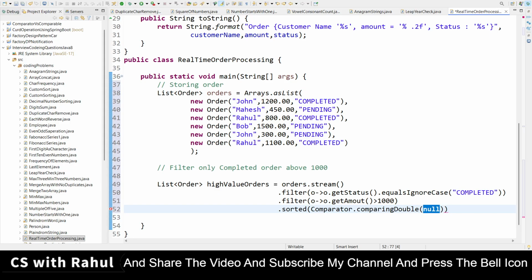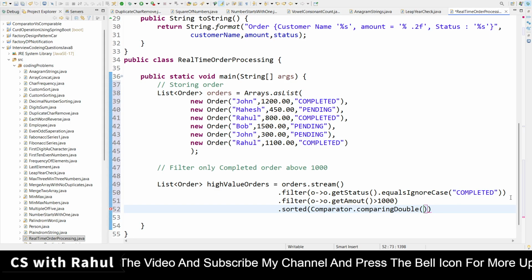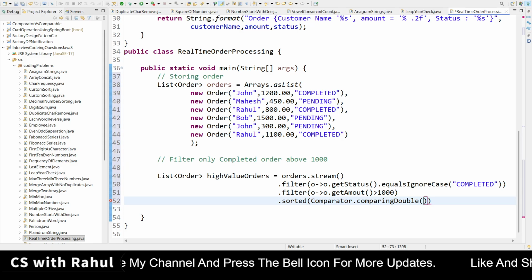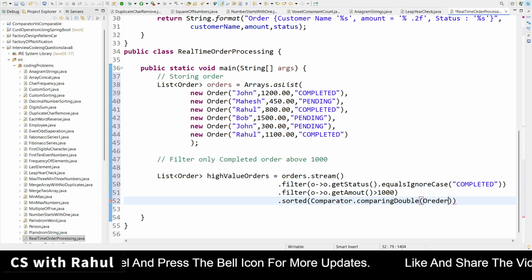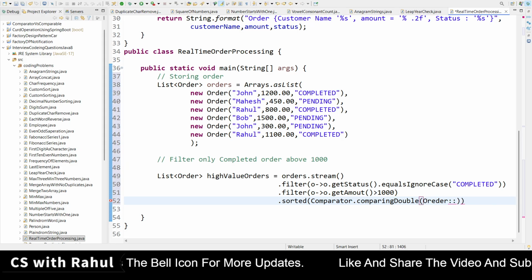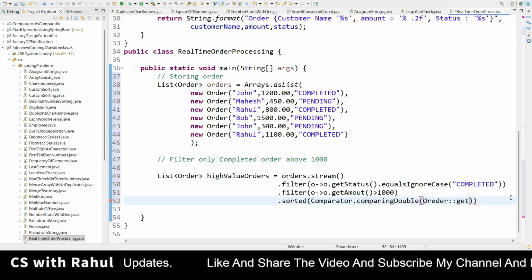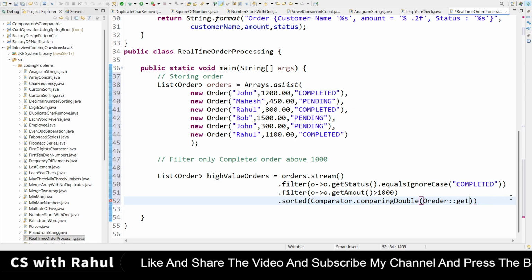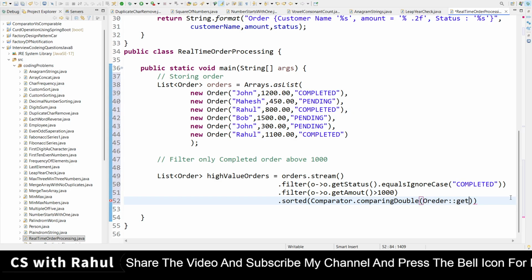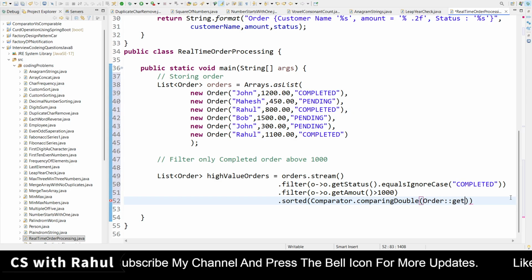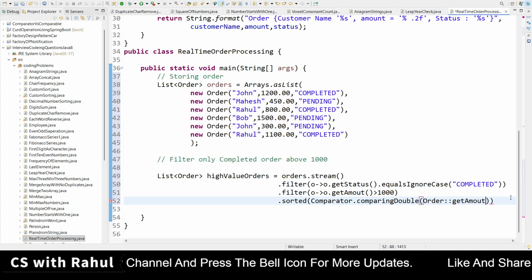Now we are going to use another feature: the Order class with a method reference, getAmount. Let me correct the spelling. Order::getAmount.